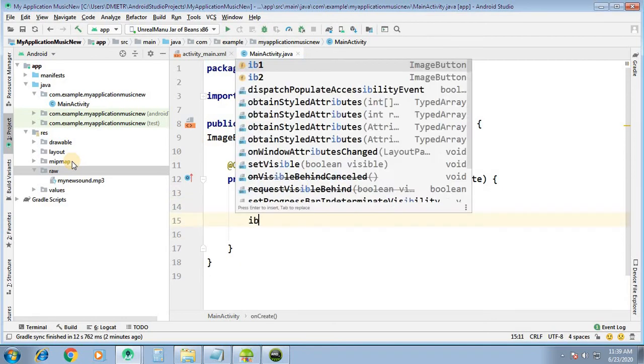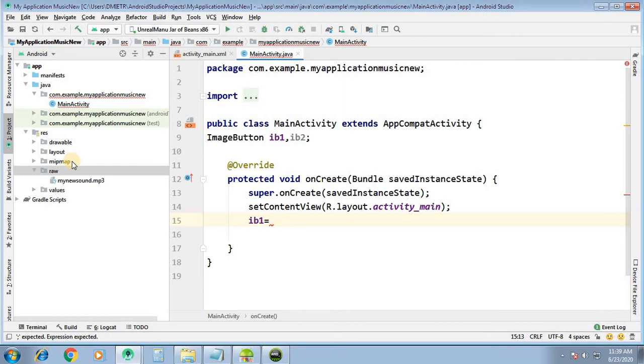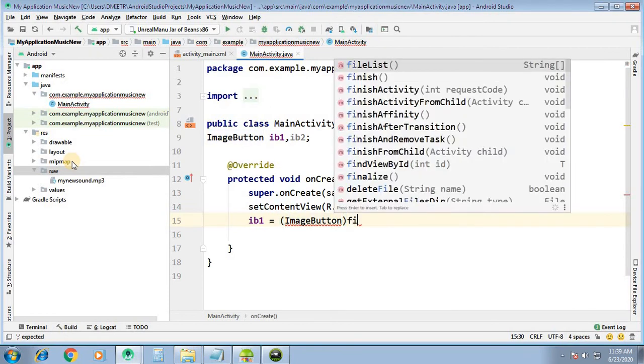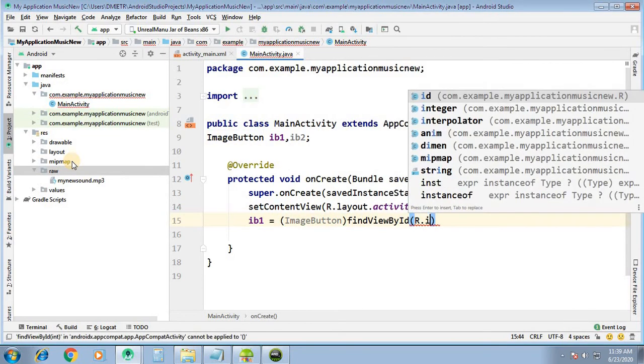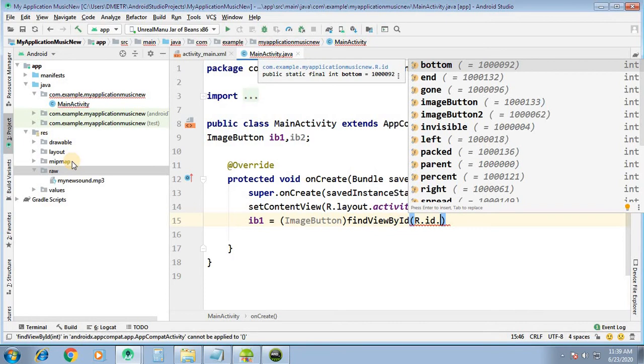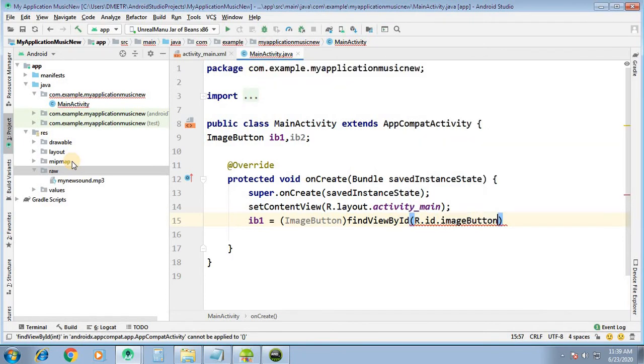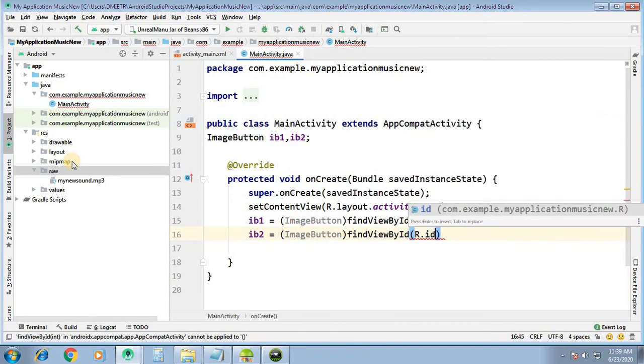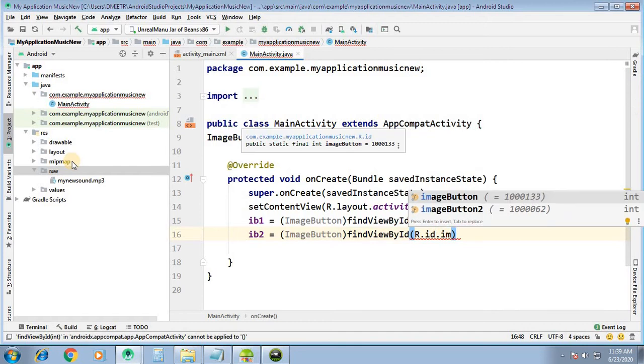Very first, IB1 equal to image button, find view by id, R dot id dot image button. Then IB2 equal to image button, find view by id, R dot id dot image button 2.